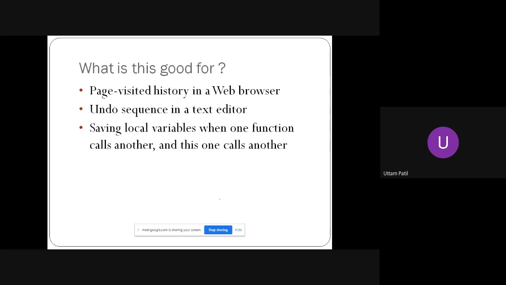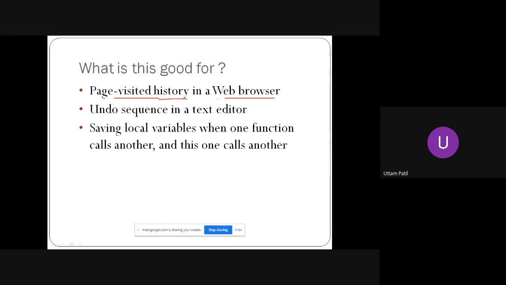Another few more applications would be page visited history. Stack can be used for keeping track of whatever pages you have browsed using your web browser. Okay. Now I think you are able to visualize or imagine the applications of stack, right?